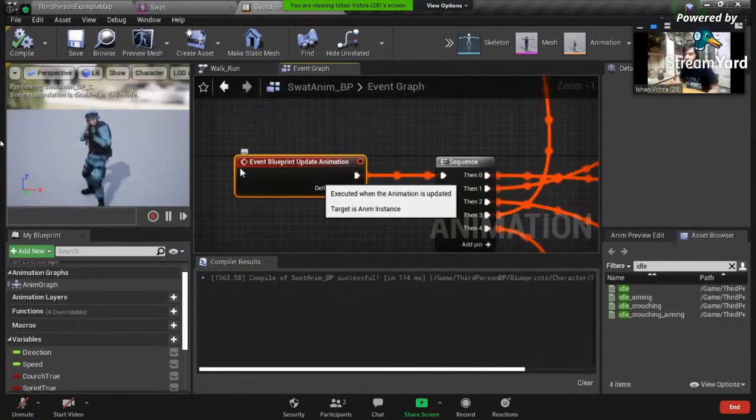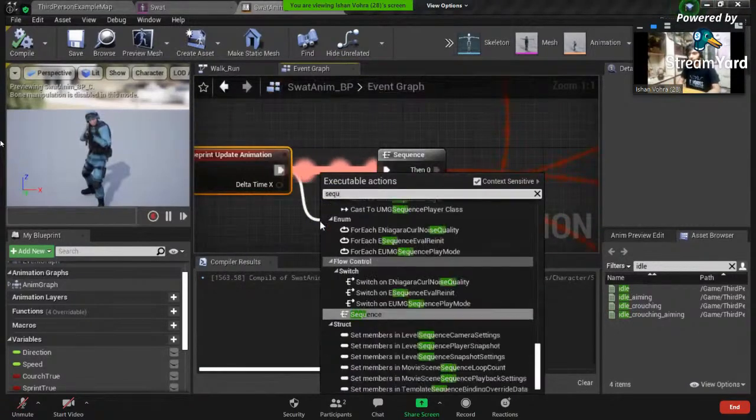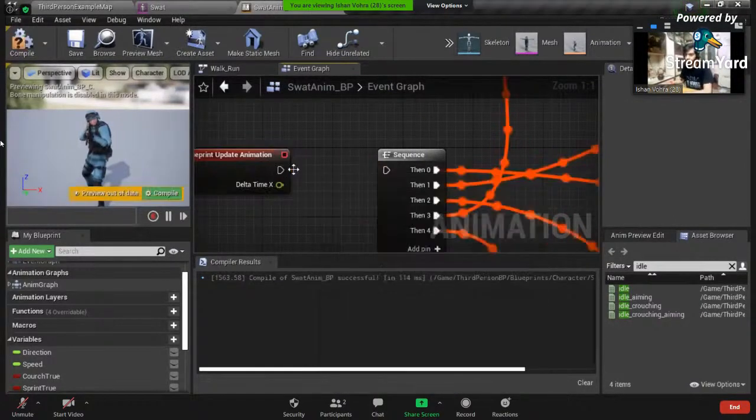For example, drag the Then 0. So first of all, how to add this? Just drag it and type sequence. Right, so just select this and you'll have a sequence here, like we have right now. So Then 0, and drag the Then 0